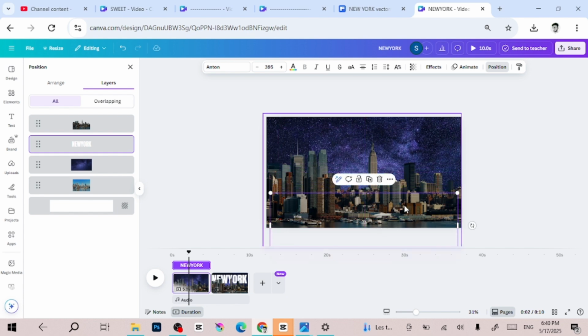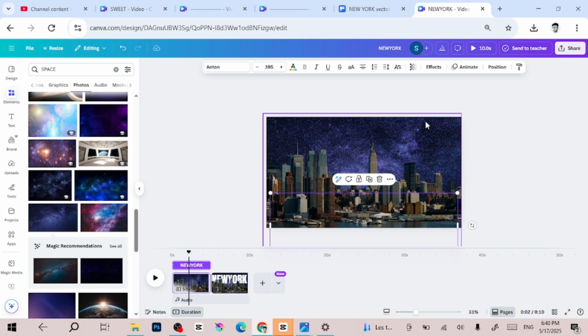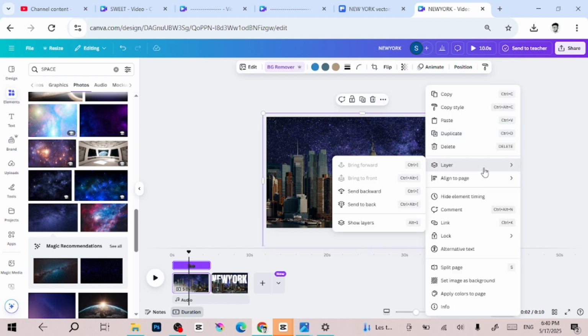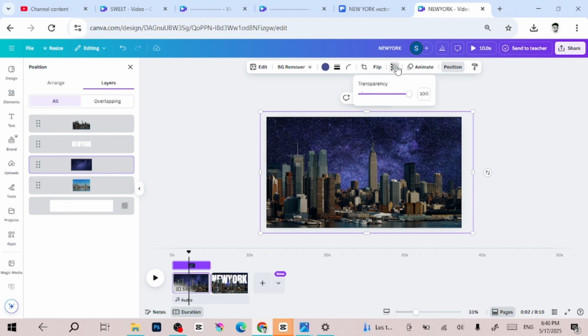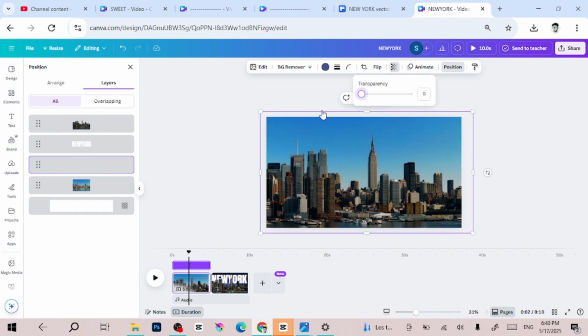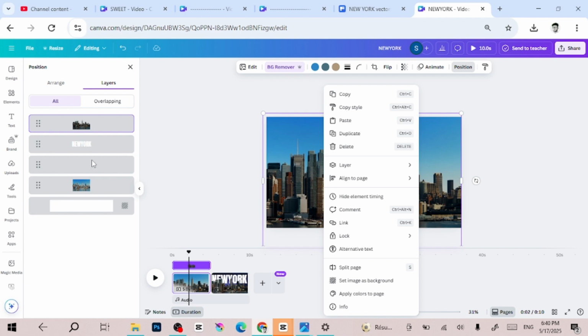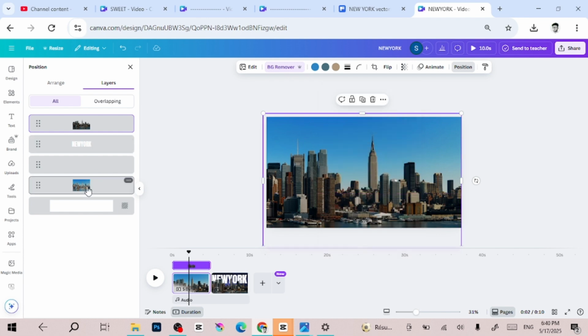And after that we click on layers again, show layers, we click on the sky and we click on transparency and make it 0, and we click on layers again and go to this image or this image,